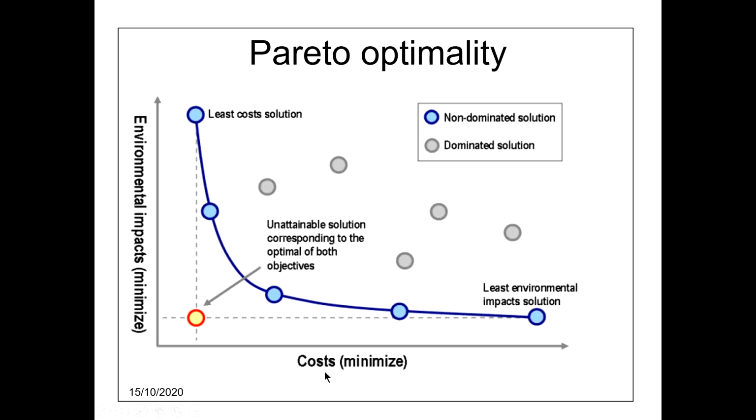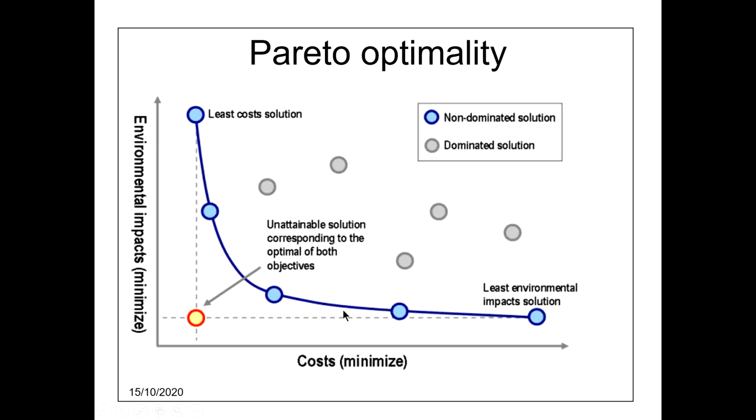Now, on the x-axis is cost, which we always want to minimize, and on the y-axis is environmental impact. For a certain process with certain equipment or a certain chemical process, the cost must be minimum and the environmental impact also must be minimum. So our aim is to minimize cost as well as environmental impact. But the nature of the process indicates this.